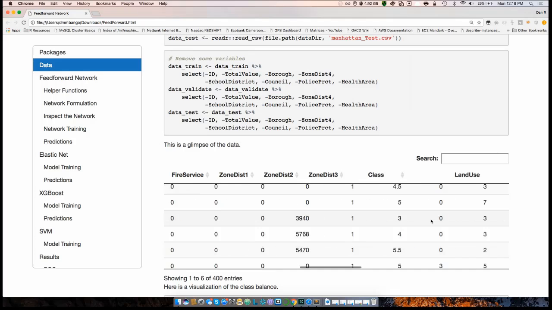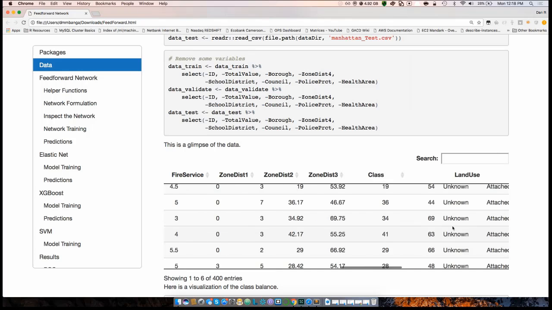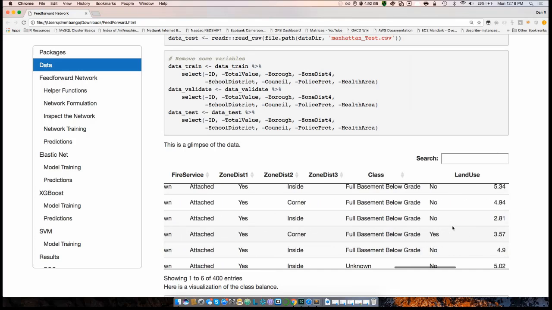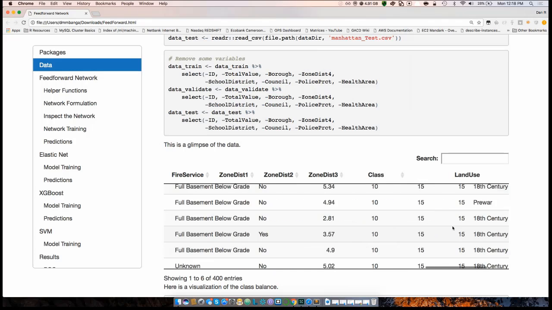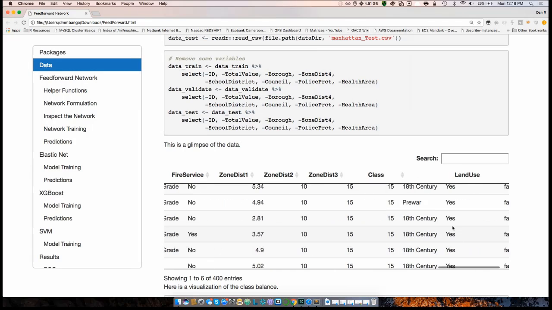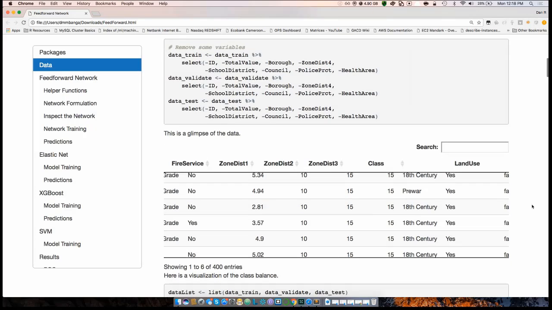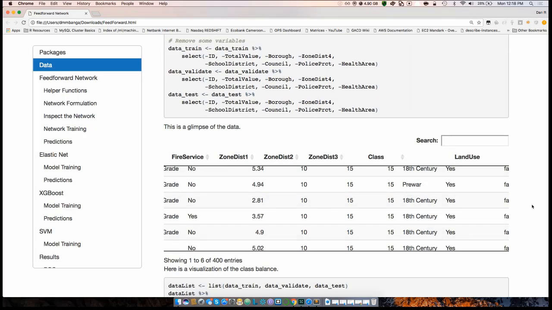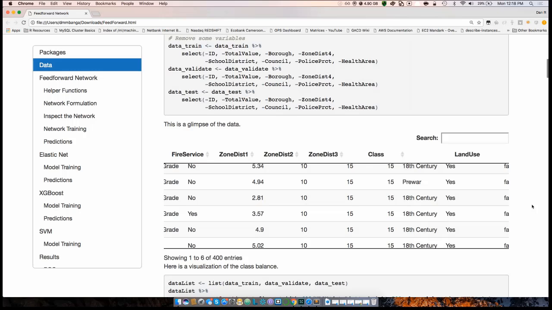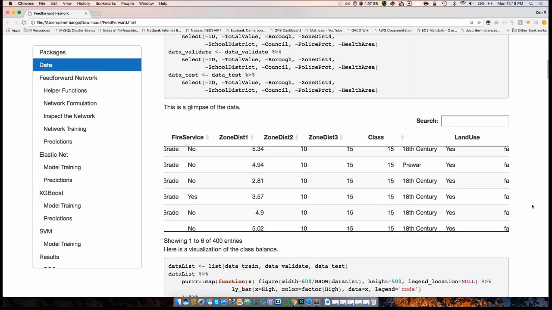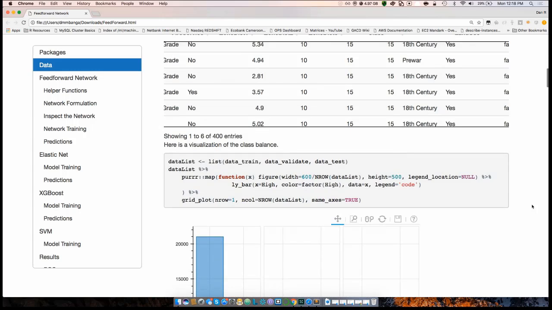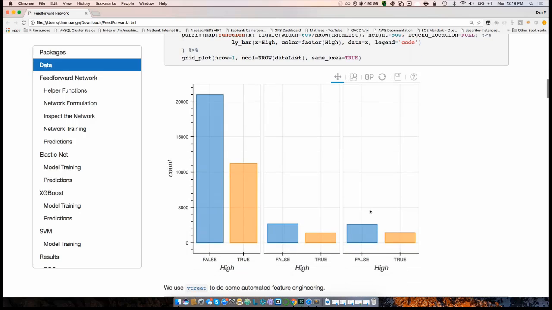What are we trying to predict? We are trying to predict whether the value of the land is considered high. How do we determine what's considered high? We chose the median value of the land, around $680,000 for a parcel of land. We want to predict whether or not the land is above that value or below. And that's what we're looking at here in the bands and the classes. Can you explain this, Chad?